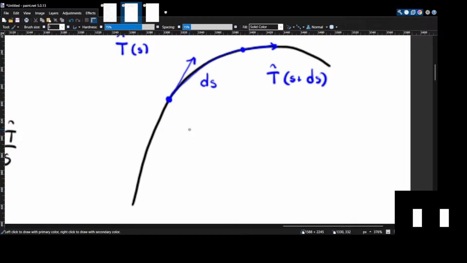Let me just draw delta t. It's going to be